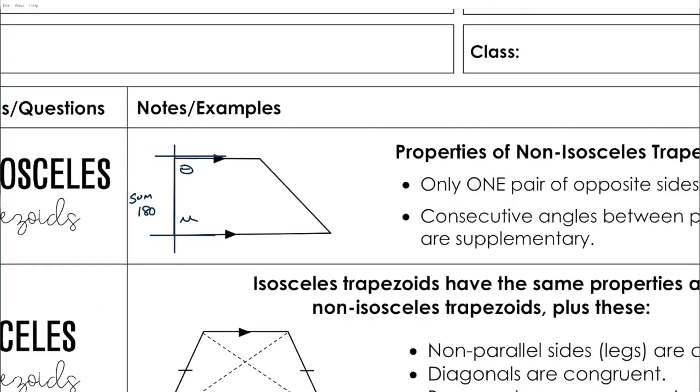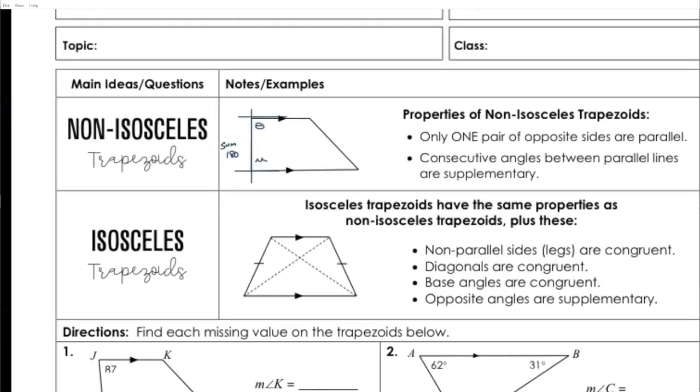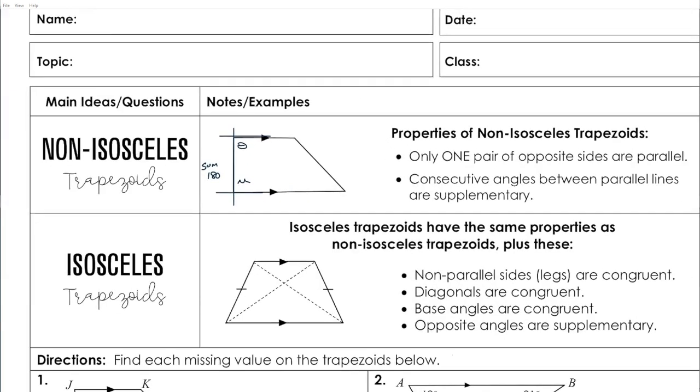Our second type of trapezoid is an isosceles trapezoid. Now we've seen this word isosceles before. We saw it on a triangle. And when we saw it in a triangle, we knew that an isosceles triangle was a triangle where two legs were congruent. We created congruent base angles and all that good stuff. Isosceles trapezoid does the same thing. We still have the one pair of parallel sides and consecutive angles are congruent, but now because it's isosceles,